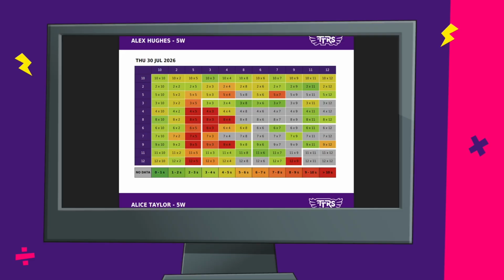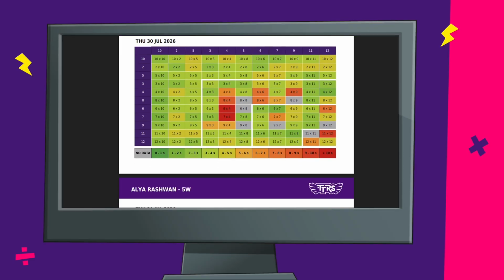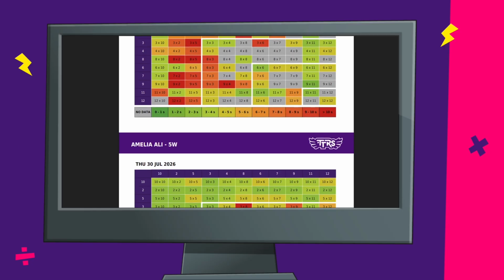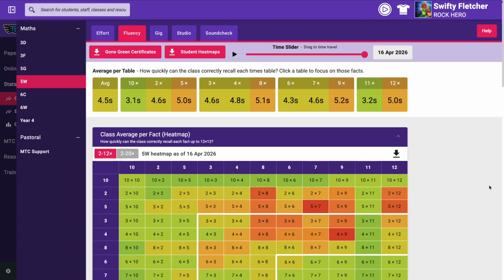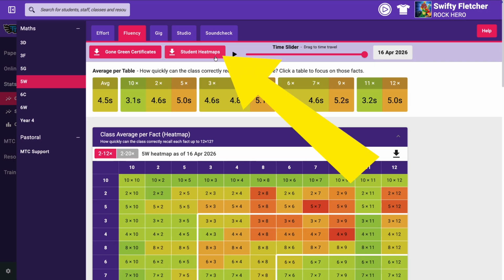Parents' evenings are a great opportunity to share your students' successes and what they need to work on next. One really effective way to do this for times tables is to print out an individual heat map for each student. This will quickly show parents and carers everything they need to know about their child's times tables recall. To download all pupil heat maps in just one click, you can select this icon above the class heat map